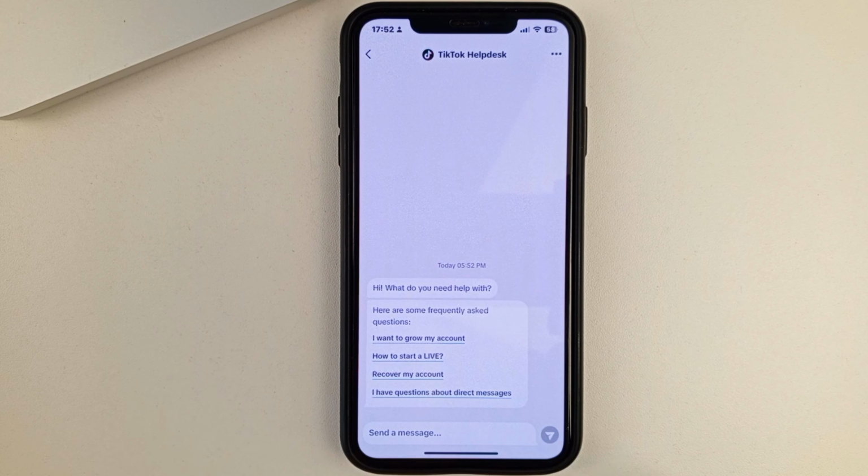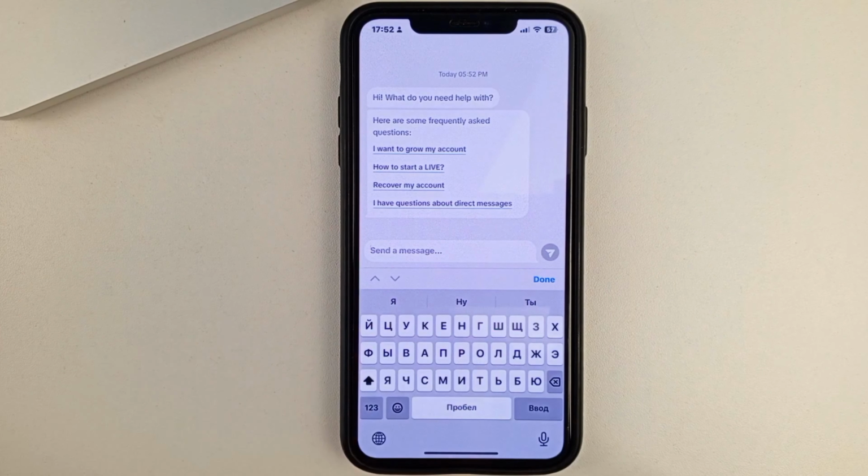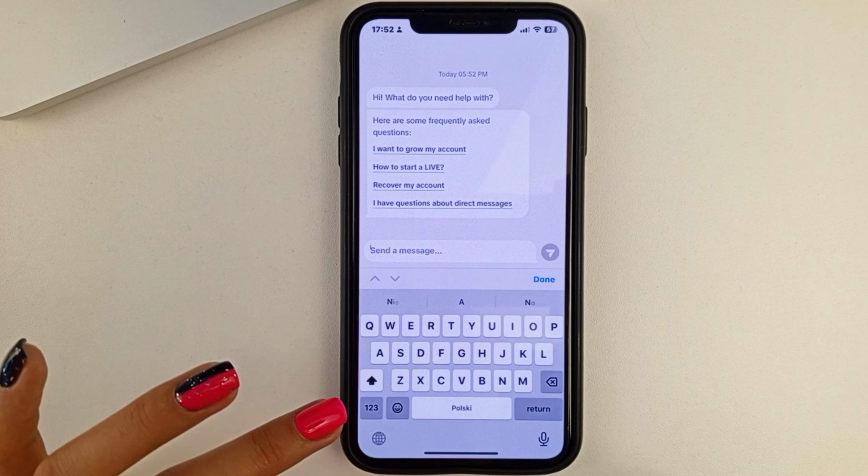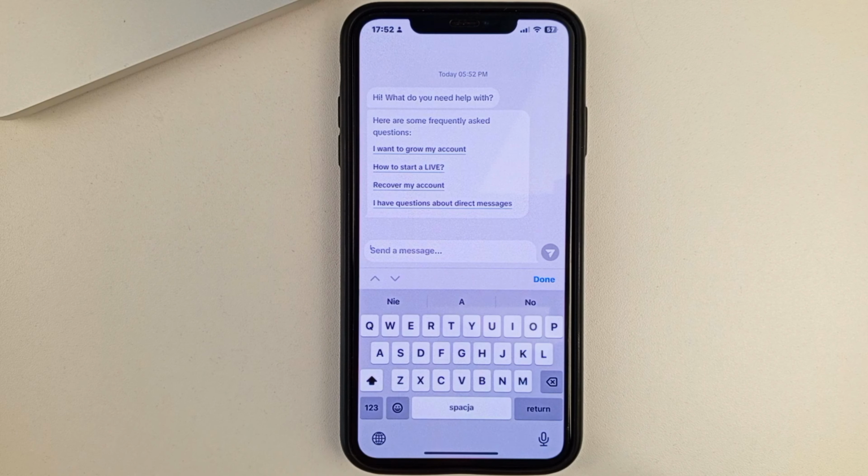Now, friends, you will need to write in this chat and describe your problem. To do this, click on the message bar and then you can describe your problem. For example, "Hello, TikTok support. Please delete all my subscribers."